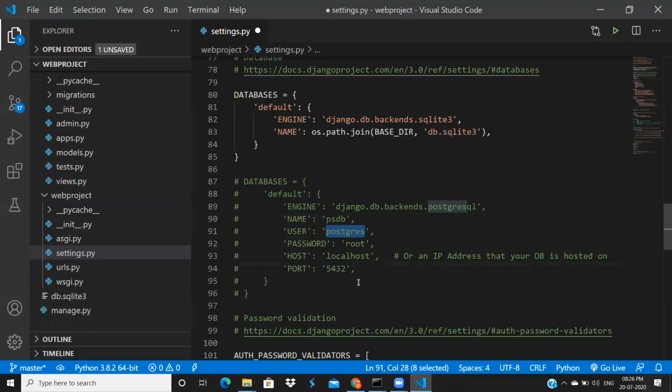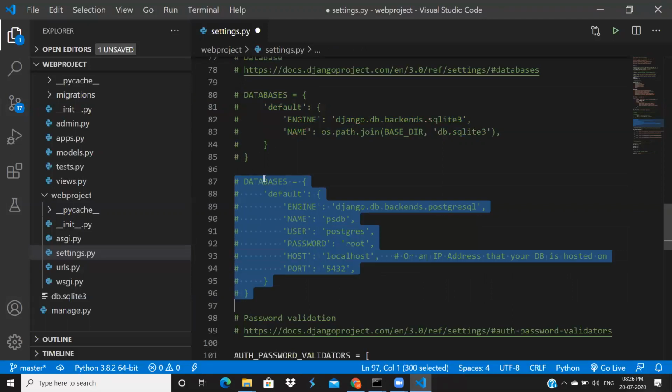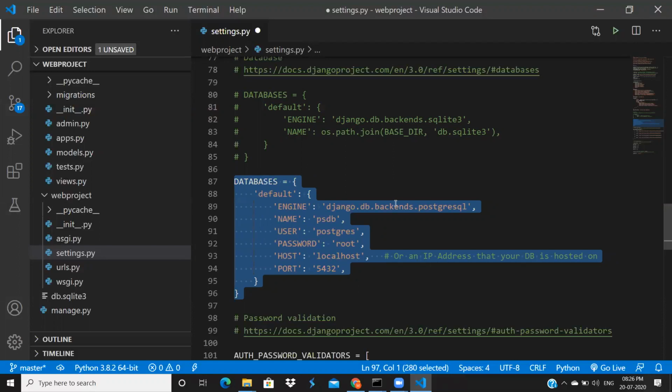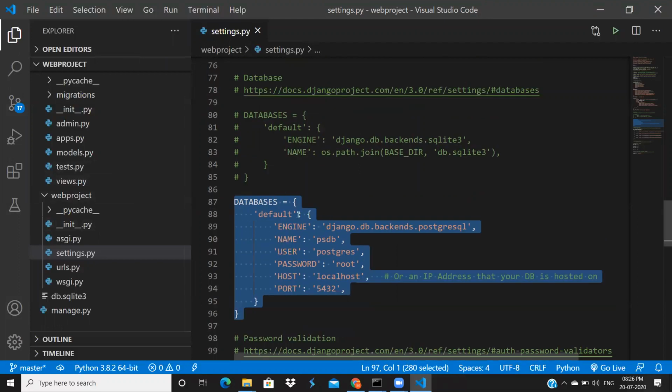These all are common settings. Now what I am going to do, I'm commenting this SQLite section, and I'm uncommenting this Postgres SQL section. Just I'm saving this. Now my Django application, this web project, is running with Postgres SQL backend. Previously it was SQLite 3. Now I changed it to Postgres SQL.